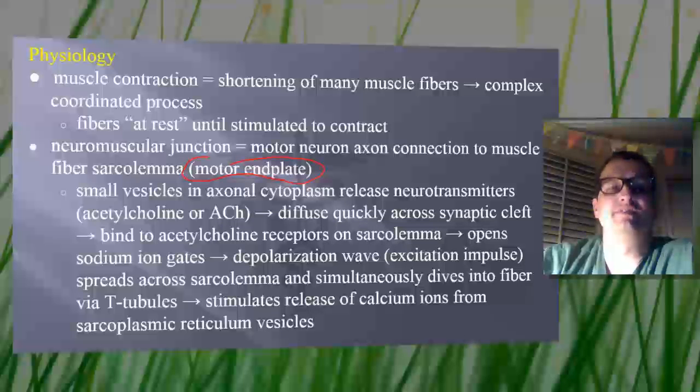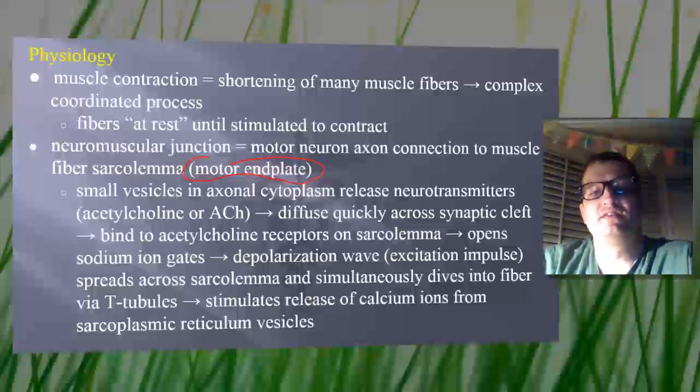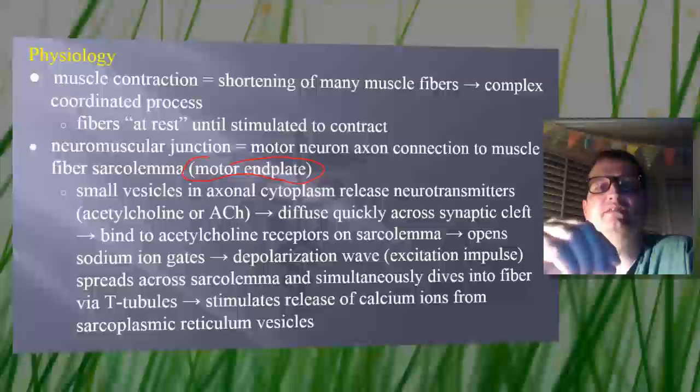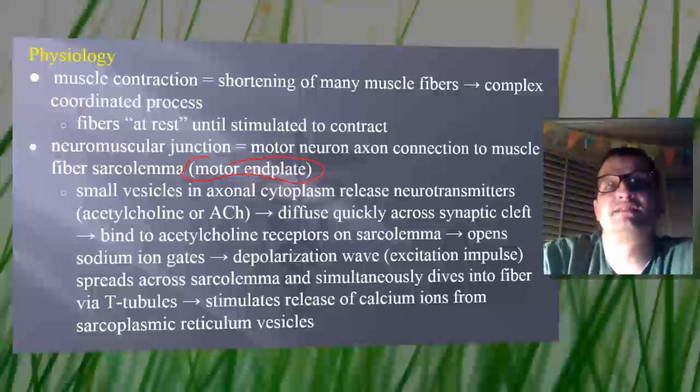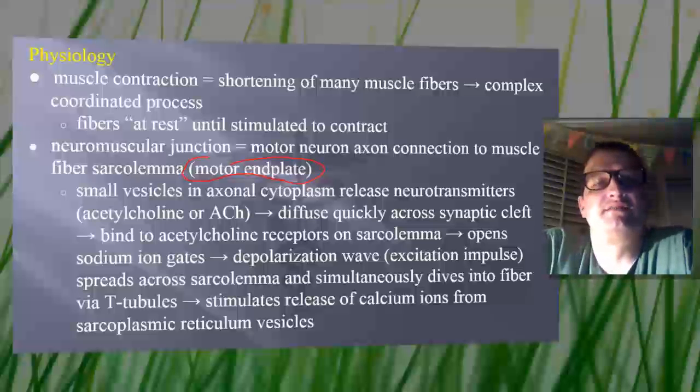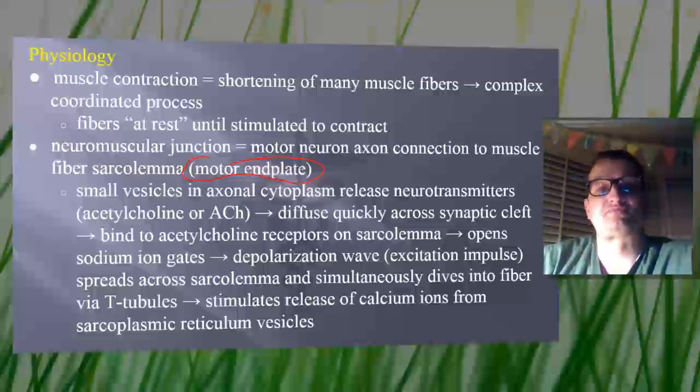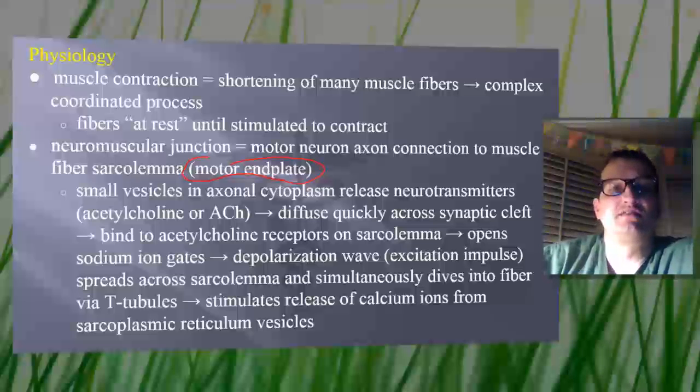So what happens is small vesicles in the cytoplasm at the end of the nerve secrete acetylcholine. That diffuses very quickly across a little cleft in between the nerve and the muscle, and it's a physical gap. It's only like 10 to the minus ninth meters in size, which is tiny, but it is a physical gap. When the acetylcholine connects with the receptor, that stimulates the sodium ion channels, and sodium rushes into the cells, which